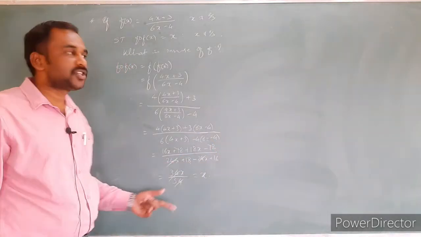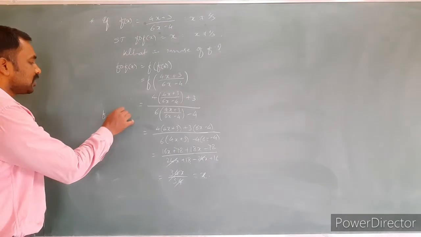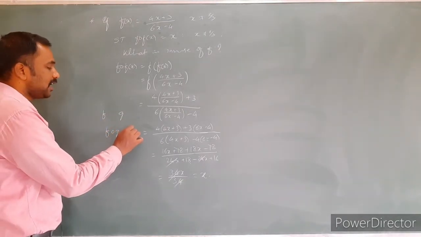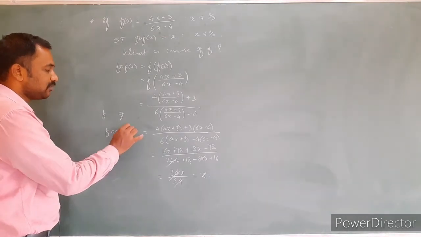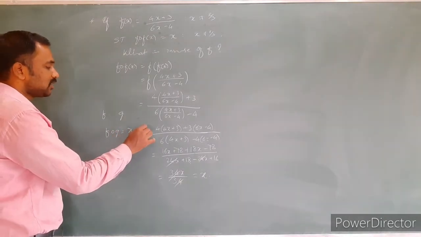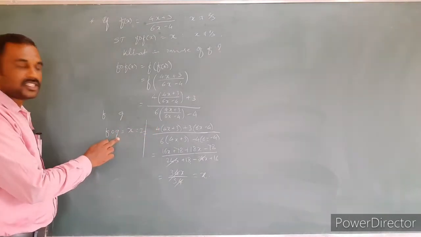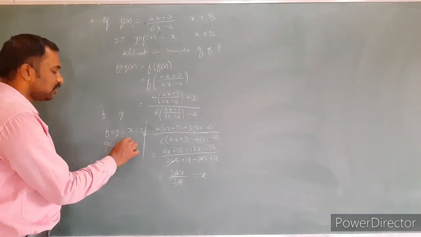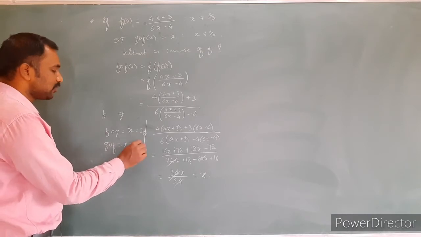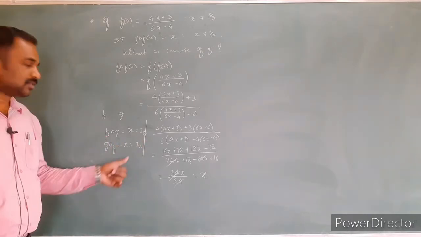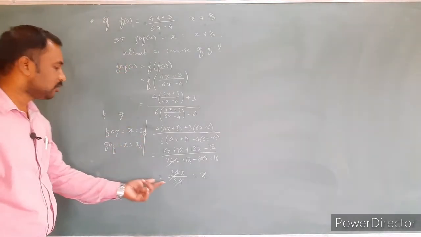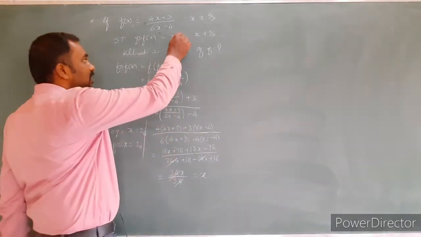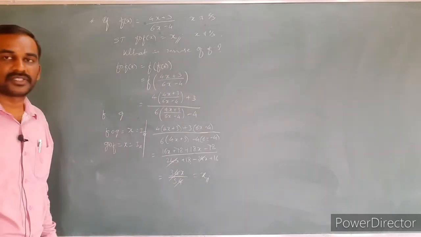According to the definition, if f and g are two functions, f circle g is equal to the identity element, which is x coming from the domain of the g function, that is set B, and g circle f is equal to the identity element, which comes from the domain of f. Nothing to worry about, we got the identity element x. Obviously we got the required LHS equal to RHS.